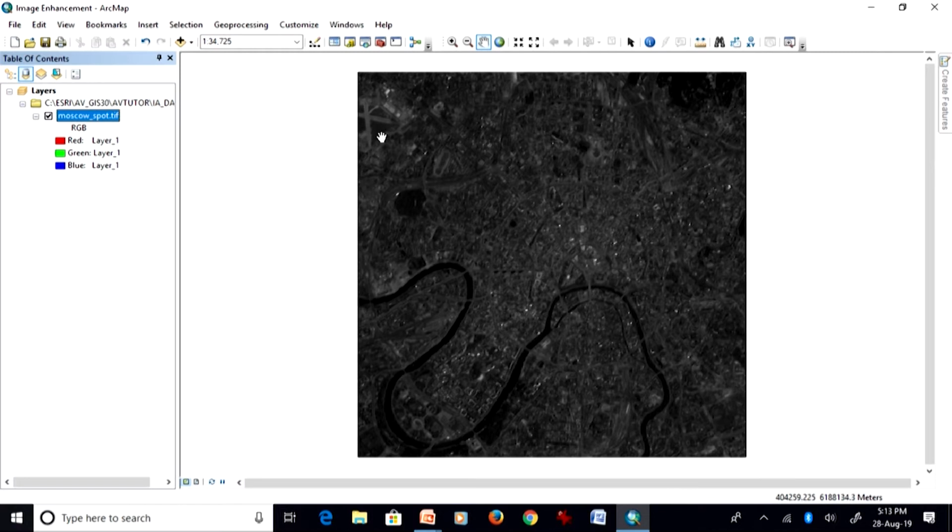Now, focus on the vegetation part, which has healthy vegetation in the infrared channel. Here it is appearing dark. In green you may have some reflection of the vegetation in the visible part, but in the blue part of the EM spectrum you will not have anything. The water body is still appearing dark, but that kind of contrast between water body, vegetation and other objects, which we observed in band 3, the infrared channel, is not seen here.